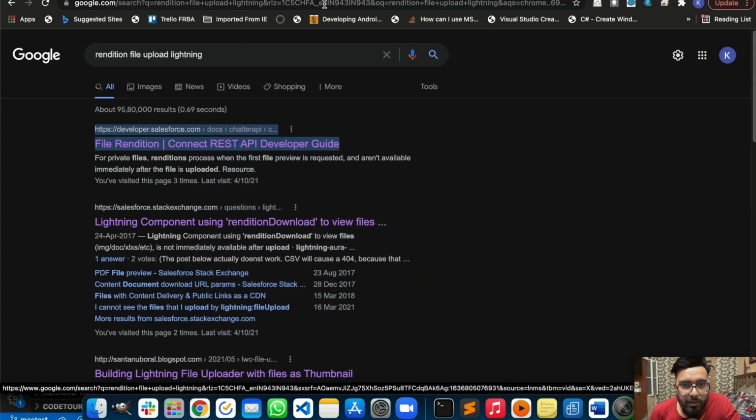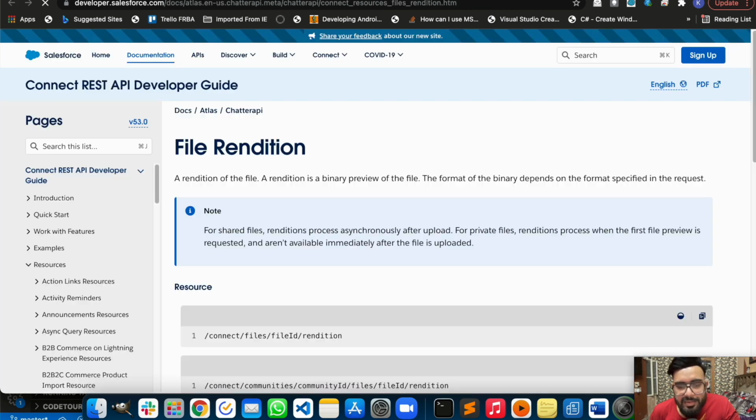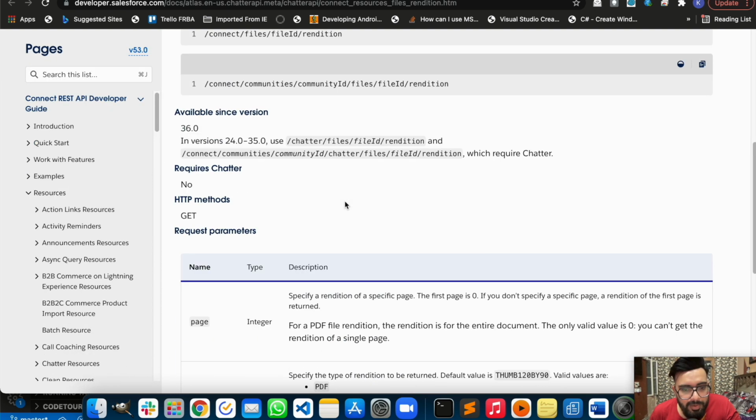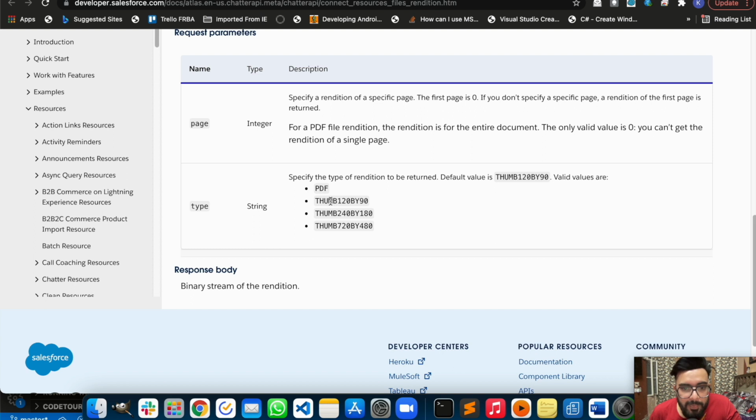If you open this, there are a few specific sizes mentioned that can be used while generating your file's preview. So this is how you may use it. And these are the sizes, guys. Here you may have different sizes. The default value is 120 by 90 pixels.